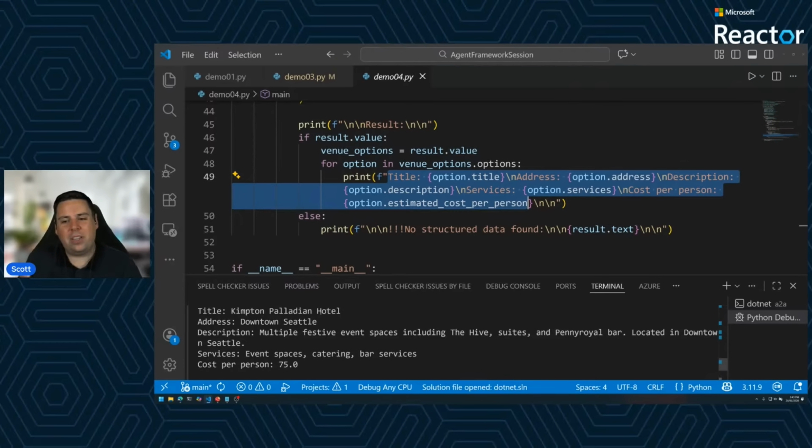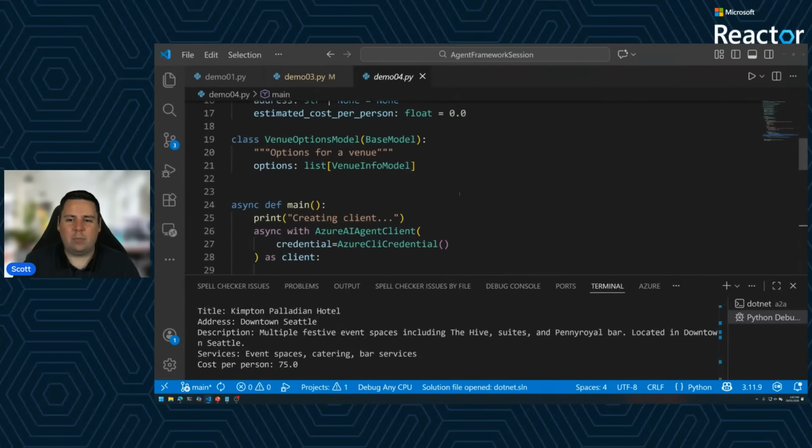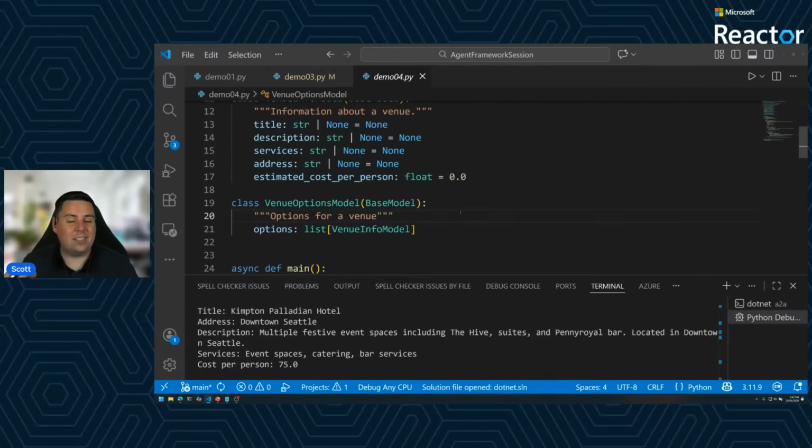But the most important thing is that we've been able to go from just text coming back that could be in any format to instead being in a structured format. The most important thing is we've done it by just defining our models and setting that as the response format. So super impactful and super powerful, but more importantly, when we begin to compose these agents, we can now restrict what they come back with and begin to control how we move from agent to agent.